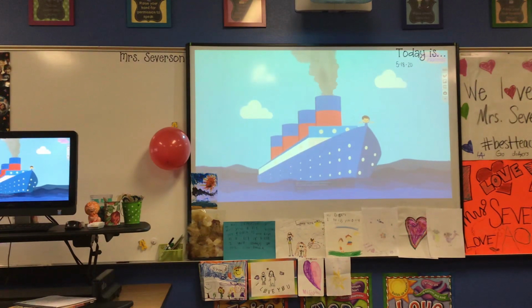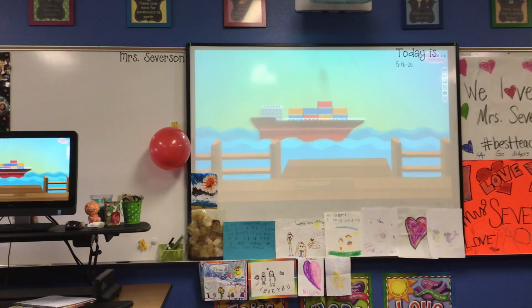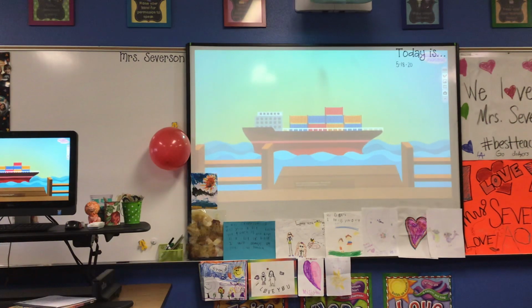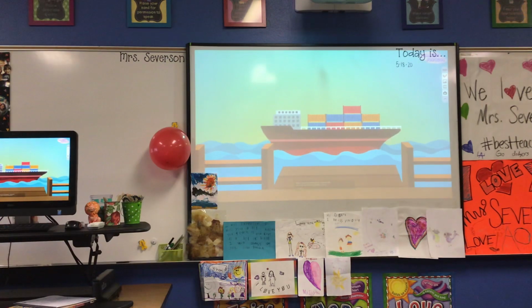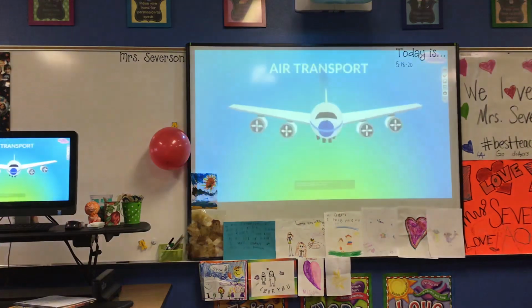Wow, this is a ship. Ships are used for covering large distances. Cargo ships, like oil tankers and freighters, are used for transportation of goods like oil, cars, and food items. Water transportation consumes less energy and allows larger shipping loads compared to other modes of transport.